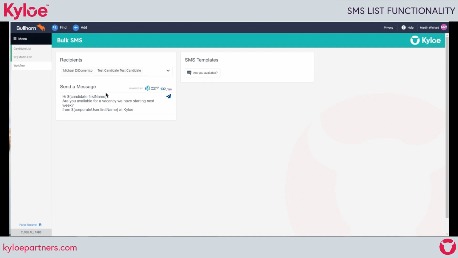And as you can see, we're able to use the merge fields here to populate the candidate's name so it's unique to each person it's received by, and also assign it off using the corporate user, which should mean it's coming from me as the sender. And all we need to do then is hit the send button from here. As soon as all the messages have been sent out to each candidate, the box will highlight green and we'll